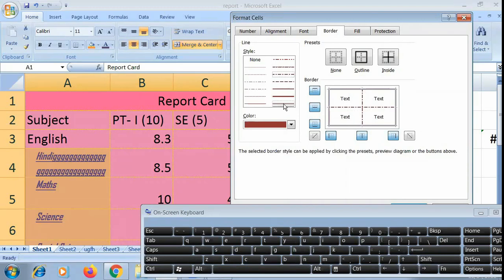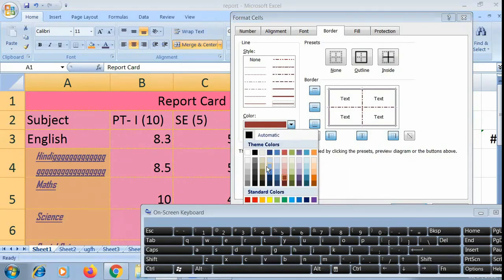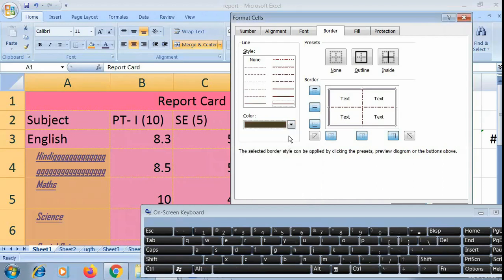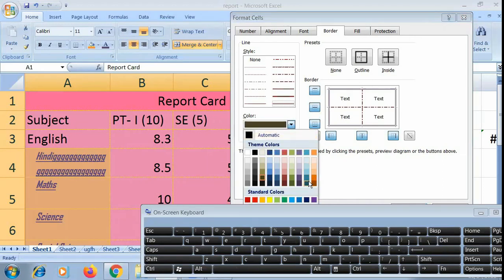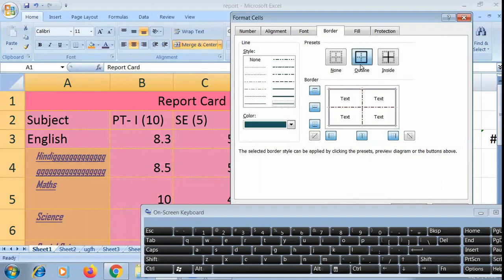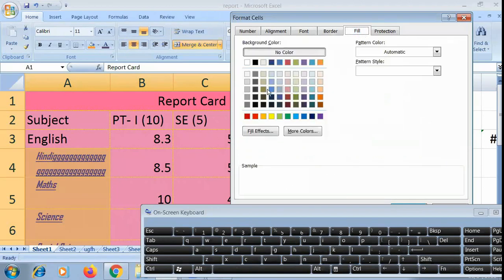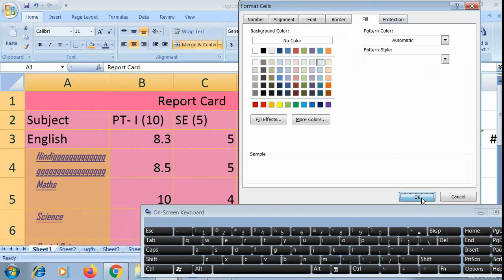Now for outer border, you can select the border and take a different color. And you can click on border, so it will apply the outer border. Now from fill, you can select the fill. Let's take a light fill. And then you can click on OK.